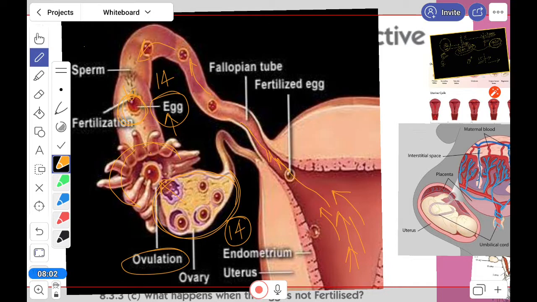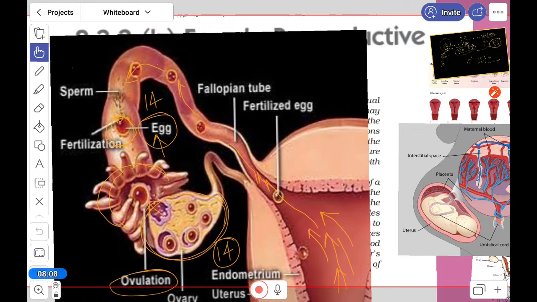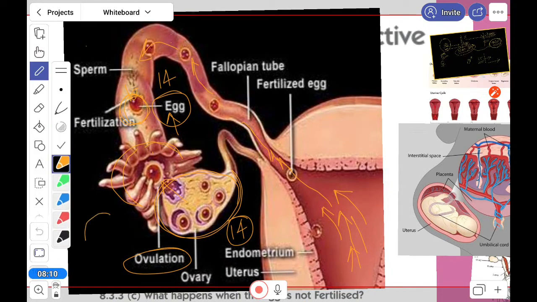I can show you that in this. Suppose here this is the ovum, and here is the sperm. All over, there is a huge number, approximately 100, but only one will enter inside and fertilize. One misconception is that the healthiest sperm gets inside. It is not like that. This is the chance factor. Any sperm can get inside.